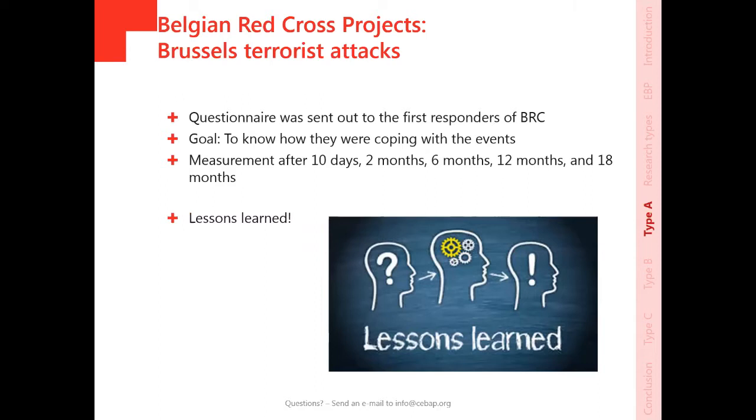Also, some answering possibilities were changed at some of the later time points, which left some of the data difficult to analyze. I believe most of these issues could have been resolved if we would have had a more elaborate preparation time. And of course, this nicely illustrates exactly how difficult it is to collect data in a disaster setting because that preparation time is often very limited.